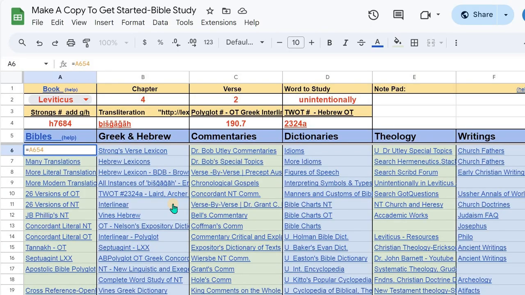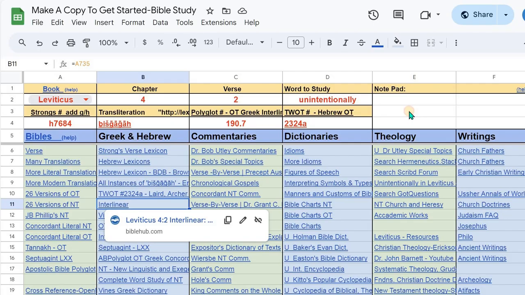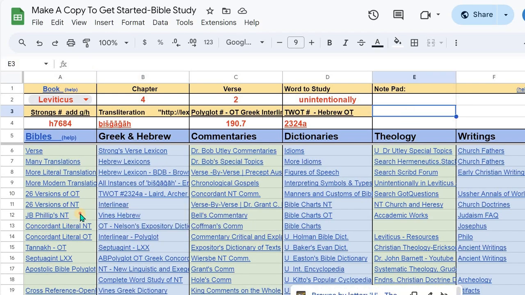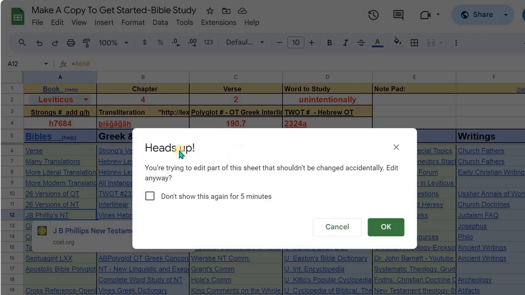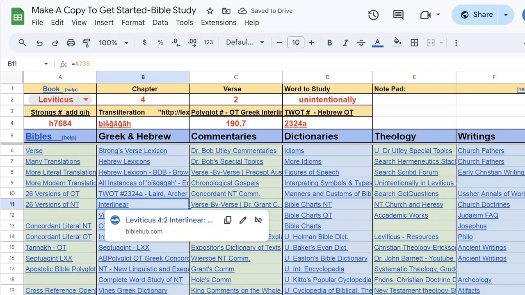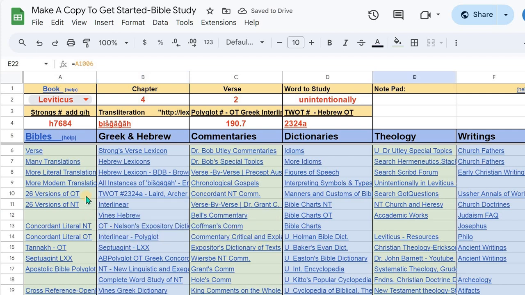So if you were to accidentally delete something, now you get this heads up warning, you're about to edit, do you really want it? If you cancel, then you don't lose anything. And if you say yes, and you say you've lost something there, and oh, how do I get it back? Well, it's very easy. If you look at these cells, it's calling it from consecutive cells down, 655, 656, 657, 58, 59, blank,